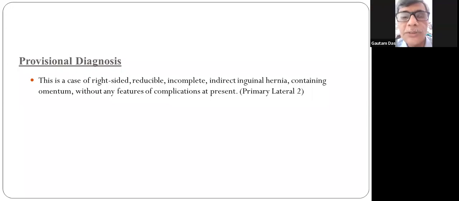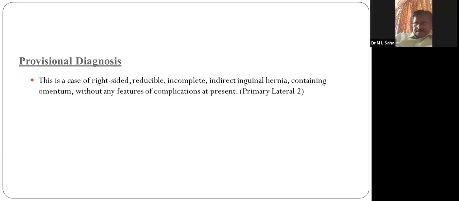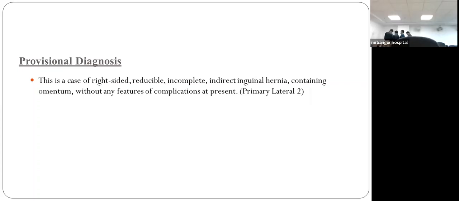Before that, what Professor Shah is asking, what you have to do? You have to reduce the swelling. Yes, sir, we have to reduce the hernia. Yes, so reduce the hernia and then mark the points. Then this point is the deep inguinal ring. After reducing the hernia, we place our thumb over the deep inguinal ring and we ask the patient to cough. If the hernia appears medially to our finger,